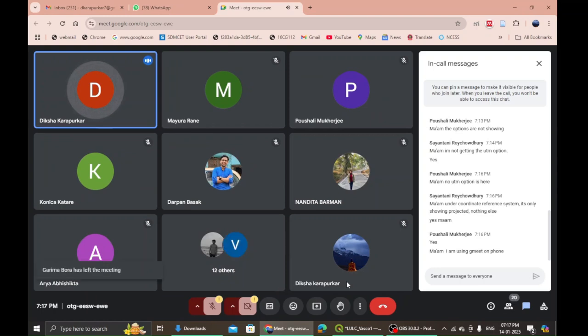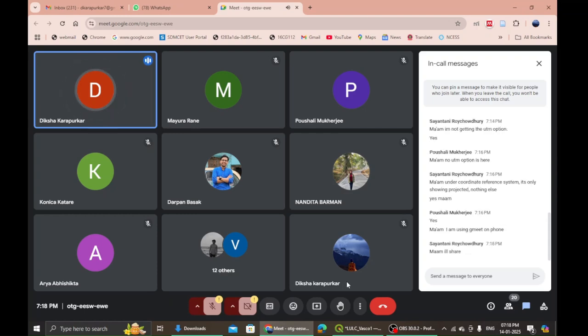Are we receiving your screen? That's fine if you're using Gmeet on phone. Good, so that you can follow all the steps. How many of you could do it?